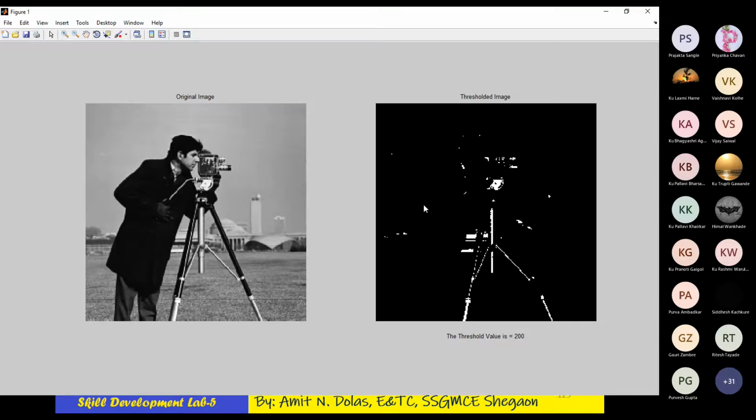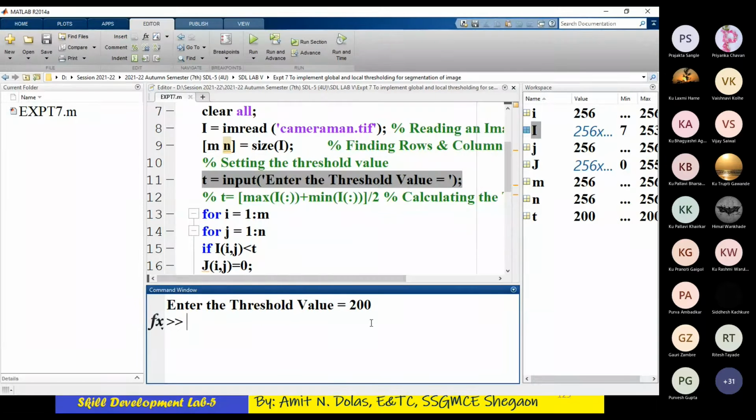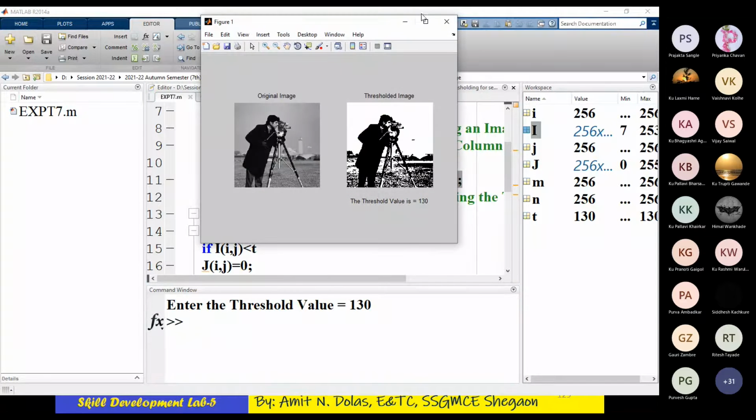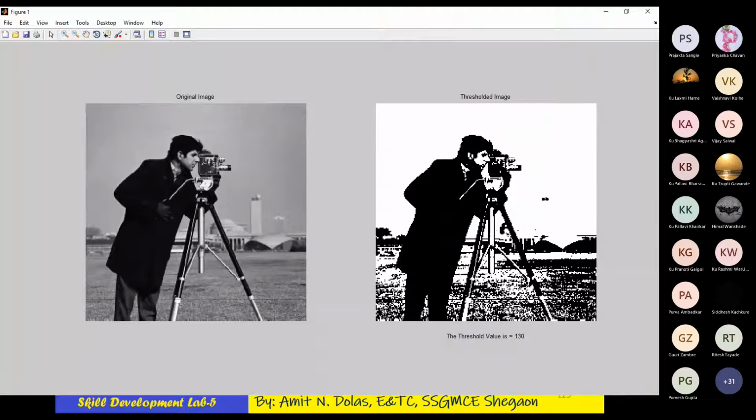Some white lines, some white spots on the black background you can see, but no one can predict. But if you use a proper threshold value, then you will get most of the information. Yes, you can see it is a man with 130. It is a man having a camera on a tripod. There is some building there. Some information can be extracted.